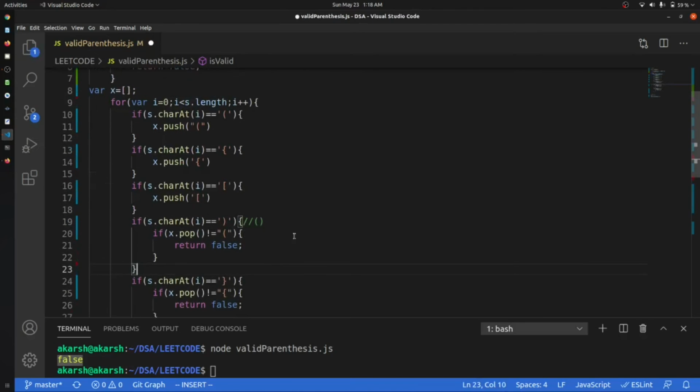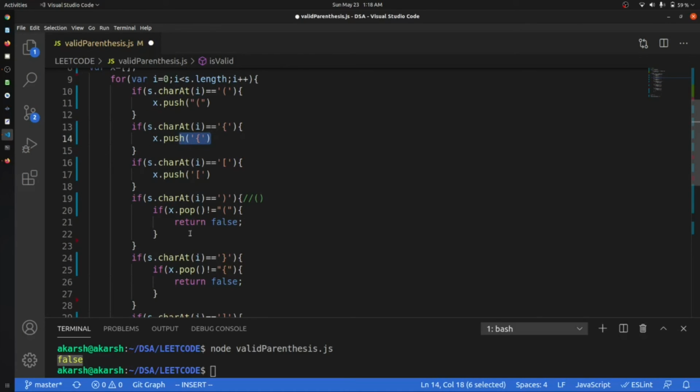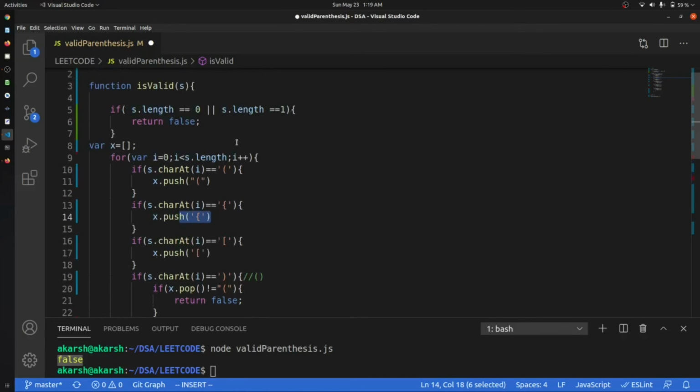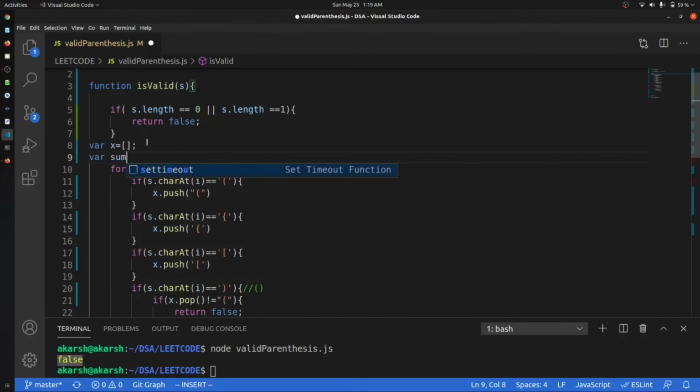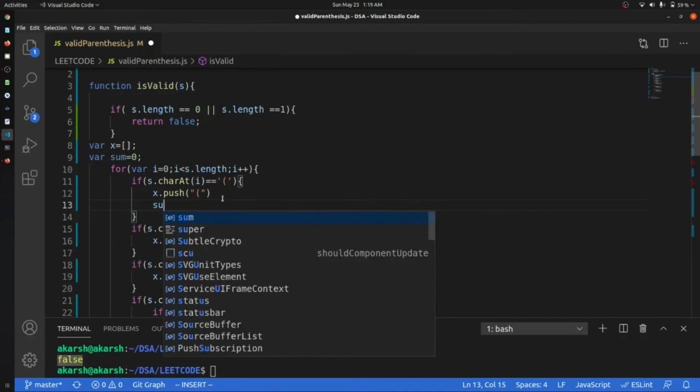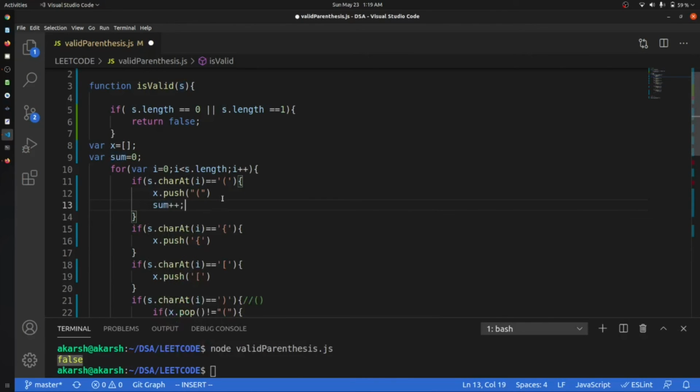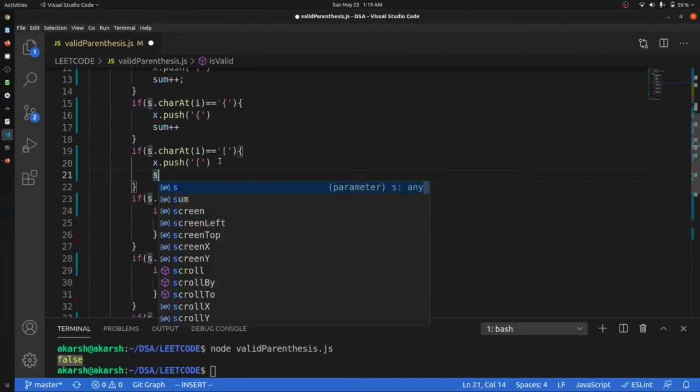Firstly, we have to count how many open braces we are passing, and then how many closing braces we are having. For that I am going to have a variable sum, which will be 0, and every time we push something, we add one.